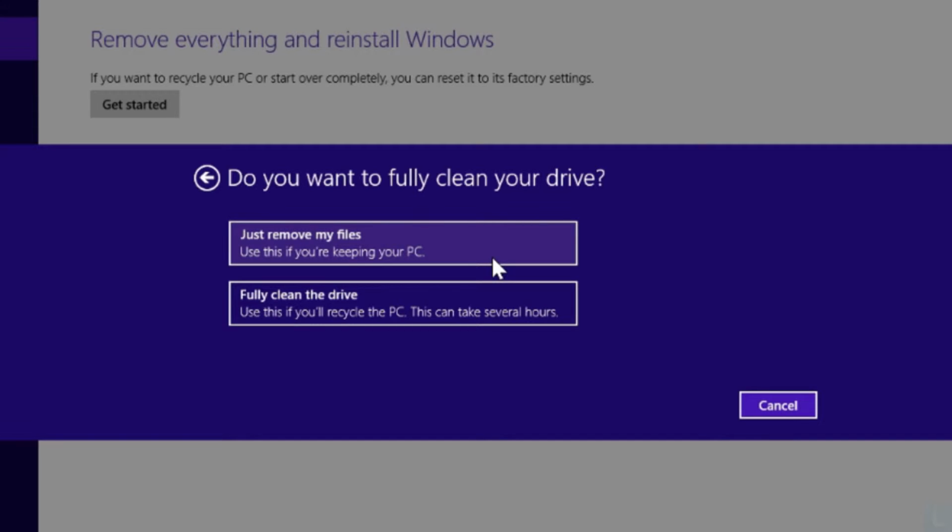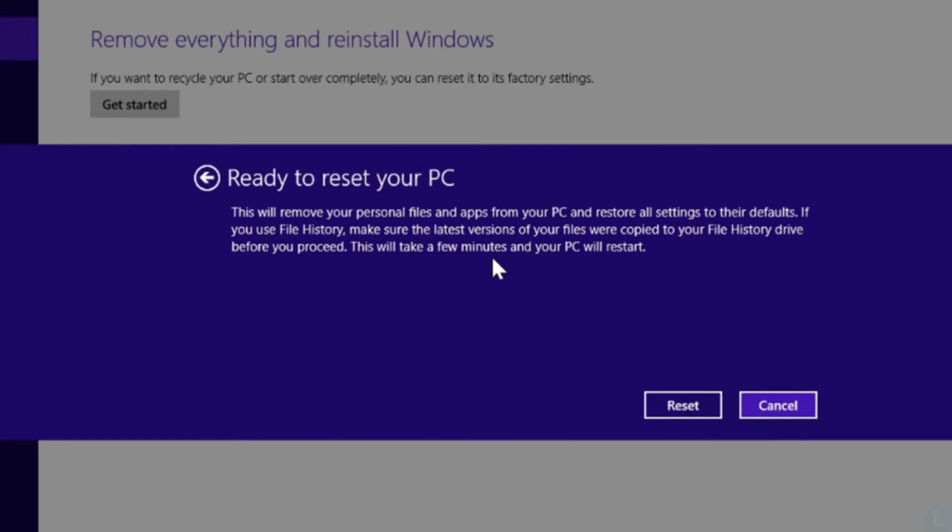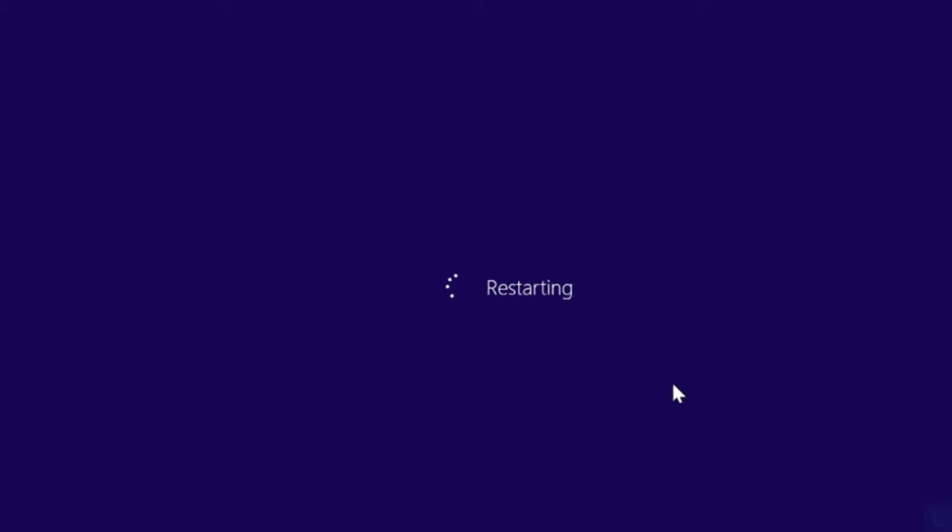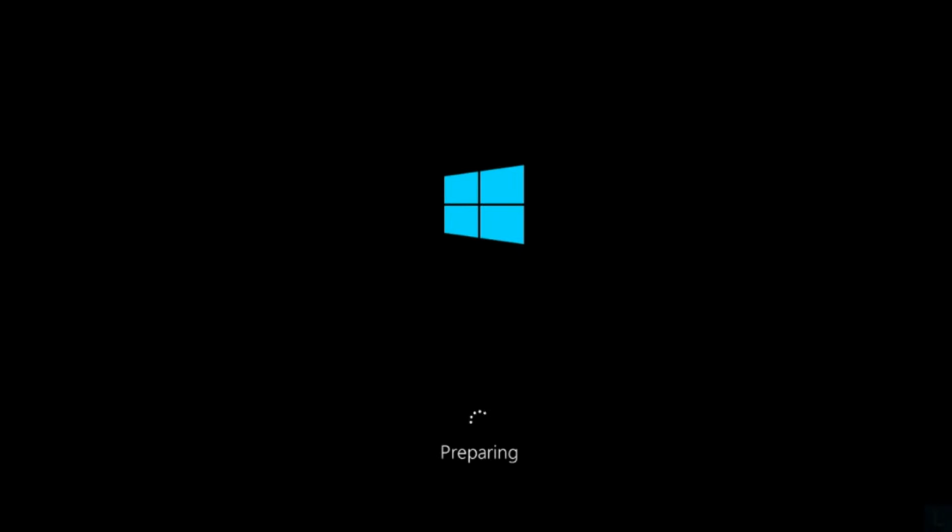It should be used when you're going to donate this PC or give it to someone else. In this example, I select the first option, Just remove my files. Then, click Reset to begin the process. And now it starts resetting your system.